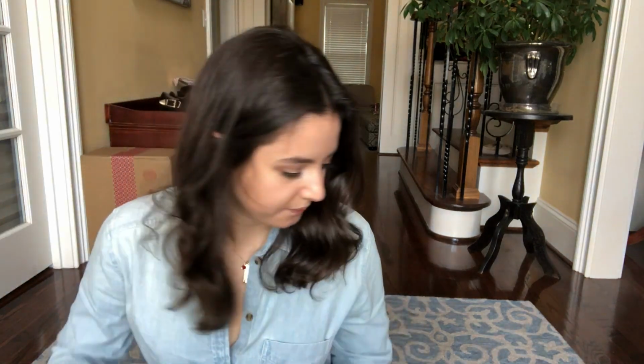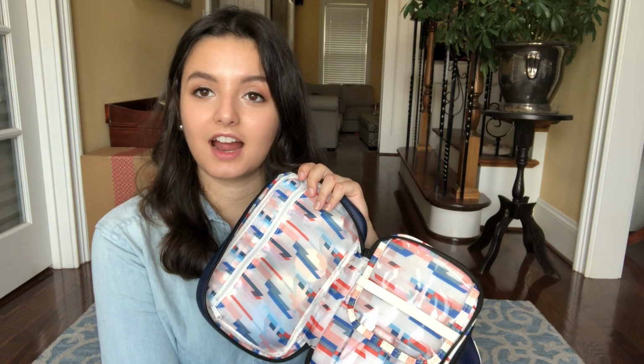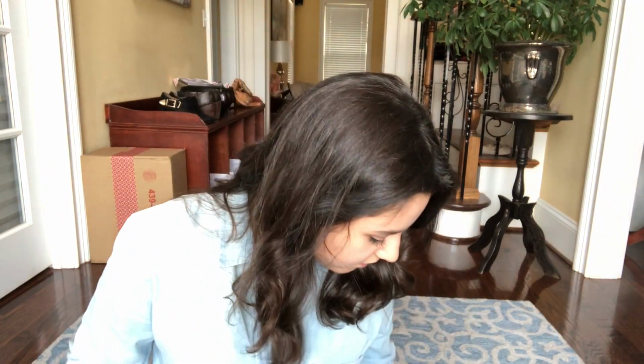But I have that entire first pocket all packed, and then I'm going to go ahead and pack all my brushes in here and then get back to you guys. Okay, so I just finished packing up my brushes in this little...